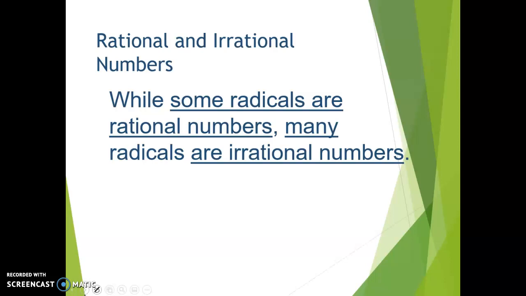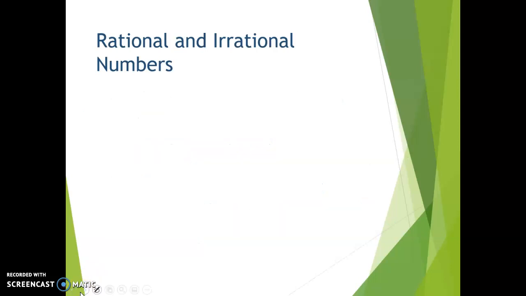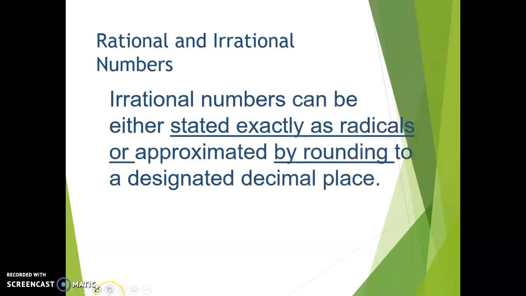While some radicals are rational numbers, meaning we can write them as a fraction, like 4 over 2, for example, many radicals are irrational numbers. It cannot be expressed as a fraction, as a ratio of 2 integers. Irrational numbers are non-repeating, non-terminating decimals. They keep going and going and going. Irrational numbers can be either stated exactly as radicals, so we can just leave it in radical form, or we can round to a designated